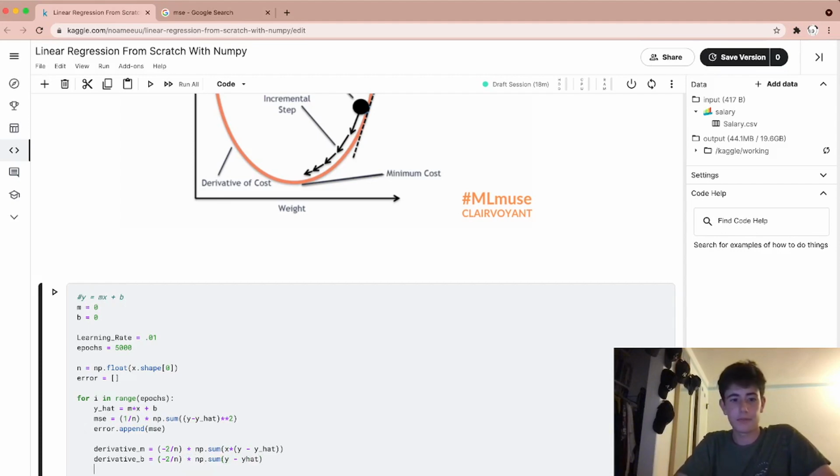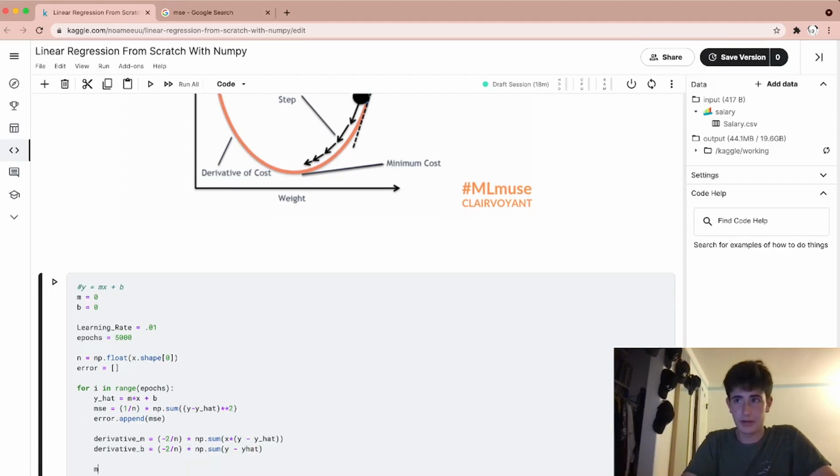Those are the derivatives. And then, as we said, we need to update our values. m equals m minus the learning rate